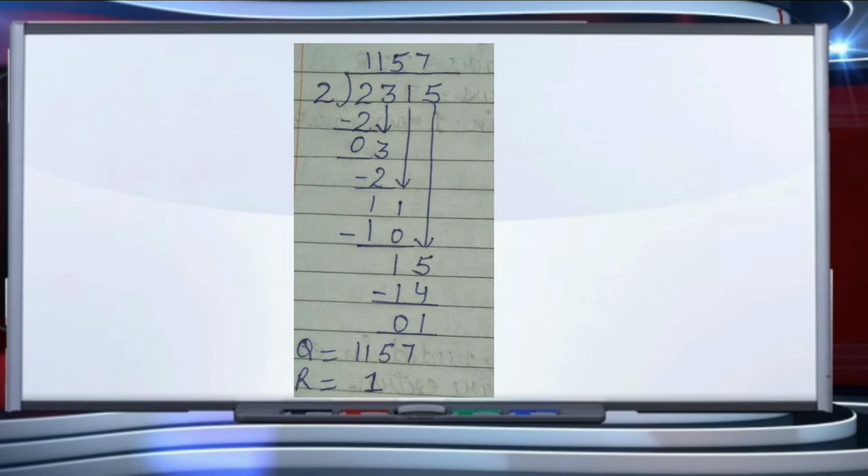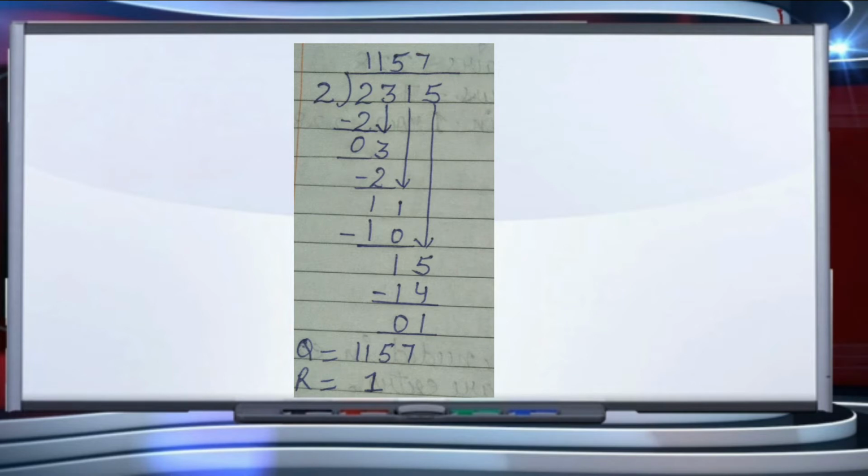We are remaining with 1, as 1 is smaller than 2. So division is not possible now. So what will we do? We will take 1 down in this case and it will become 11. Now we have to check a number either equal to 11 or less than 11. The number less than 11 is 10, and where does it come? 2 5s are 10. That is, write down 5 on top of the bracket and 10 below 11. That is, 1 minus 0 will be equal to 1, and 1 minus 1 will be equal to 0.